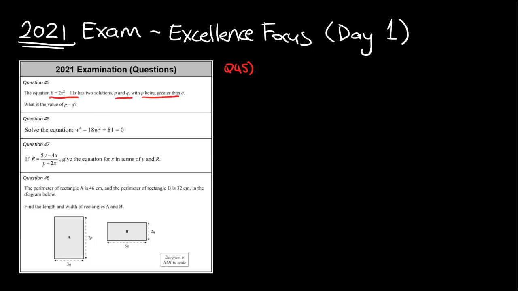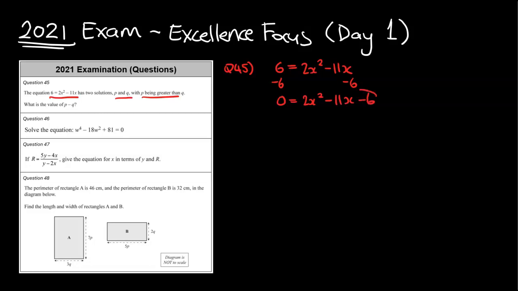So first step here is we need to find these two solutions. Then we can figure out which one's P and Q. We can then get around to subtracting them from each other. So we're going to start off with 6 is equal to 2x squared minus 11x. So I've got a quadratic, so I'm going to need to make it equal to 0 and then factorize to solve this. So I've got minus 6 to both sides, so 0 will be equal to 2x squared minus 11x